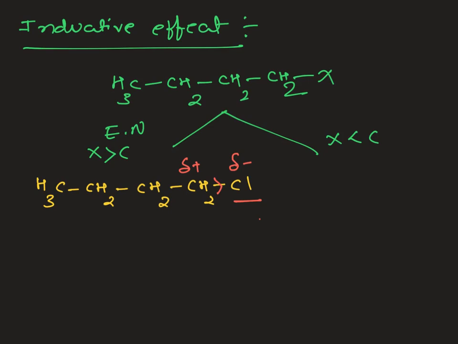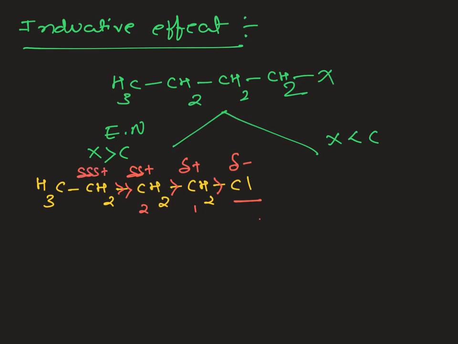And this carbon is getting a partially positive charge. What happens here, this carbon will drag this bonded pair of electrons to this carbon side. The C1 carbon will drag the bonded pair of electrons between C1 and C2 toward the C1 side, and the C2 carbon will get a small partial positive charge, and the C2 carbon will drag the bonded pair of electrons towards C2, and the C3 carbon gets a partial positive charge.